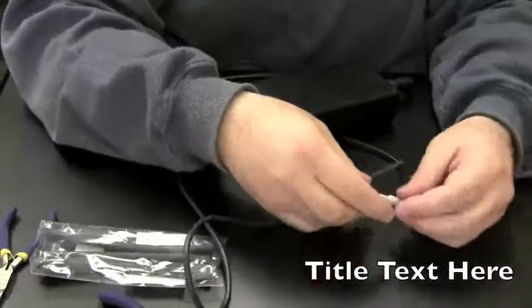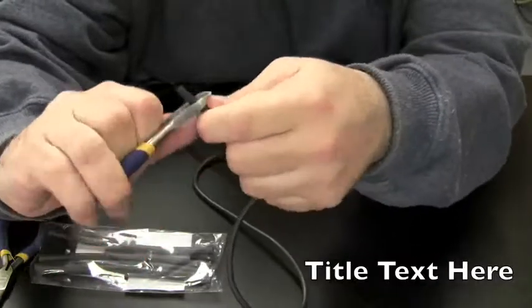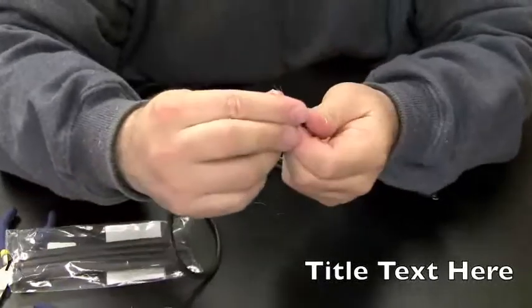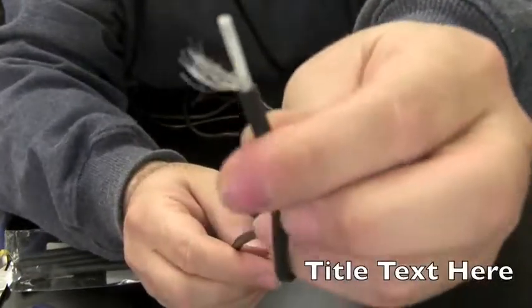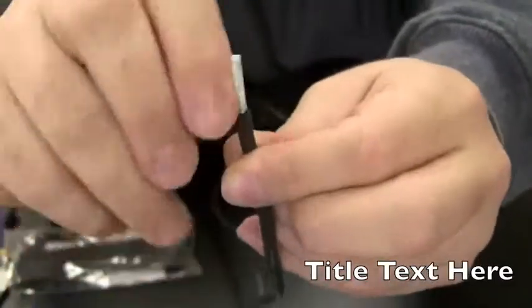So let's get this part ready first. What we want to do is expose some of the wire on the inside. So you just kind of rip off the shielding there, and you'll see that there's a grounding wire that basically surrounds the outside of this white wire on the inside. You can just take the grounding wire